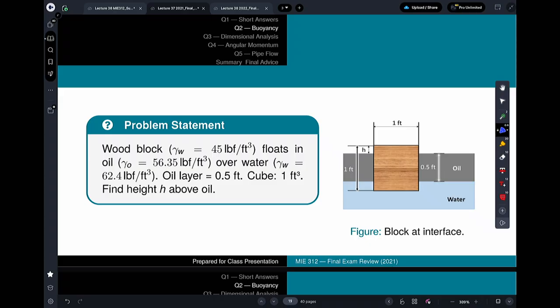This is a kind of interesting problem. Wood block with specific weight of 45 pounds per cubic foot, floats in oil, 56.35 pounds per cubic foot, over water of 62.4 pounds force per cubic foot. Oil layer is 0.5 feet, cube is 1 cubic foot. Find the H